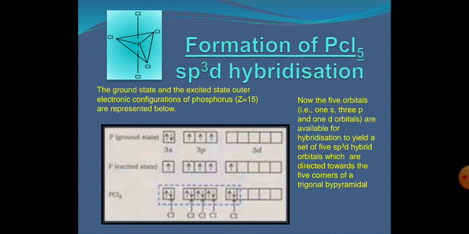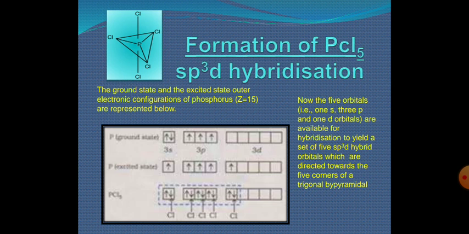Here the orbital next to the 3p orbital is 3d, which we have also considered for the formation of PCl5. That is why we have taken 3d, because in the excited state one of the electrons from phosphorus will jump into the 3d orbital. In the second part, phosphorus in excited state, you will notice there are 5 unpaired electrons formed in the excited state of phosphorus.